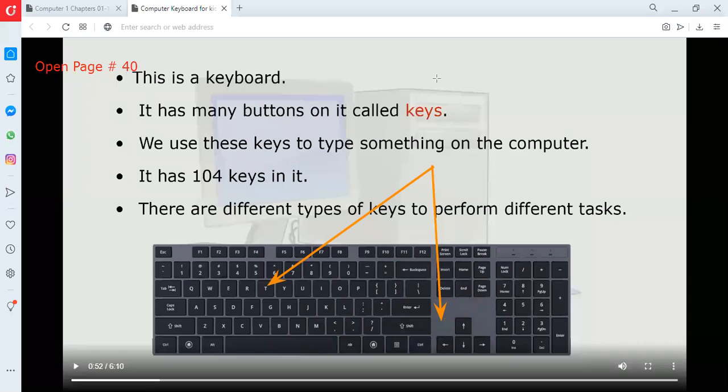So there are four arrows available on the keyboard, which are used to play game. You can do many other things with it, but you can also play game with the help of this thing.